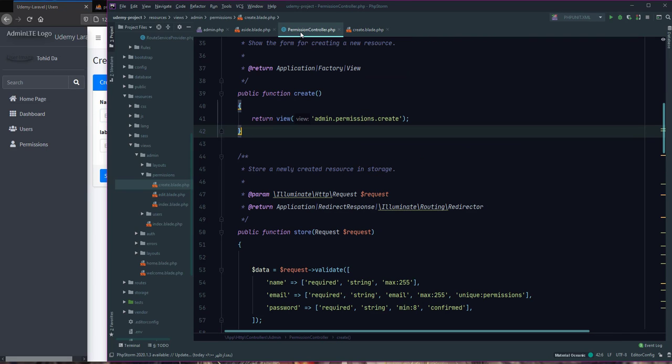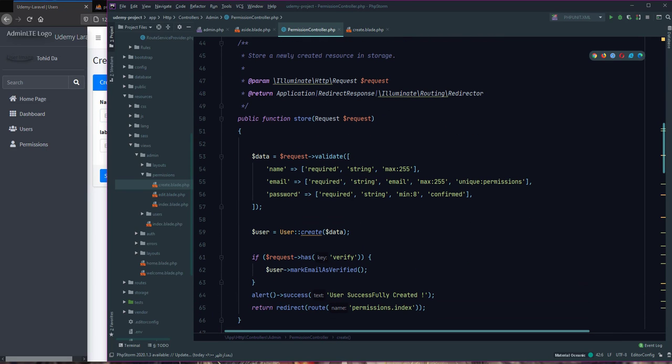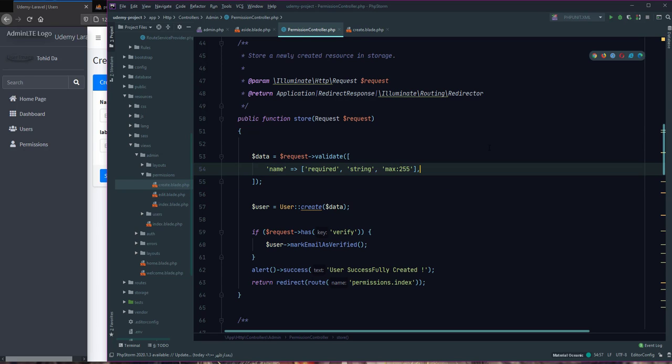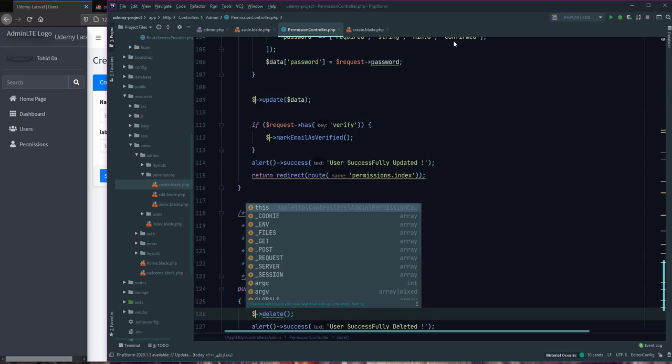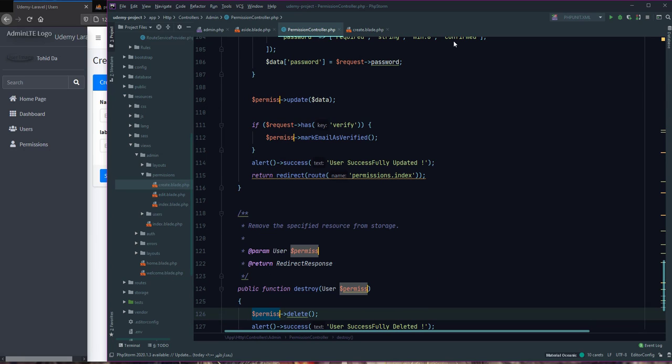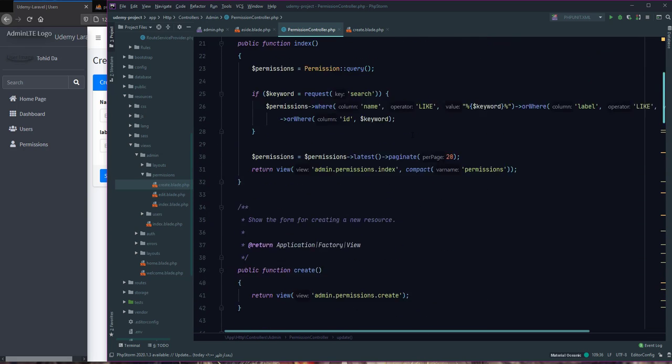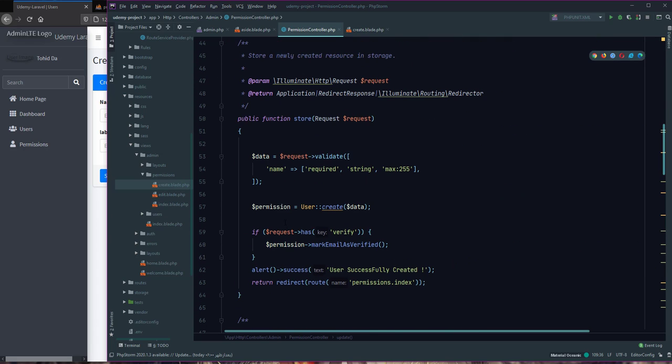Create new permissions on this, and check store method, after check create new user, label is no label and name required, $user change to $permission, if open this store method $permission and create permission, and this remove